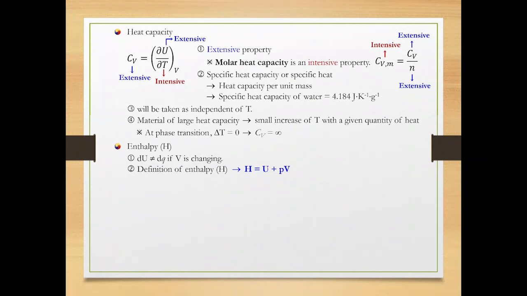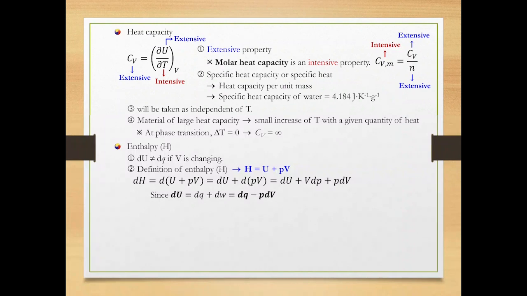How can the change of enthalpy be described by internal energy, pressure, and volume? To answer that, we should take a derivative on both sides of the equation like this. Now the right side would be dU plus d(PV). The d(PV) can be written out to V dP plus P dV by applying the product rule. I hope you remember that dU equals dQ plus dW, and the dW is equal to negative P dV.